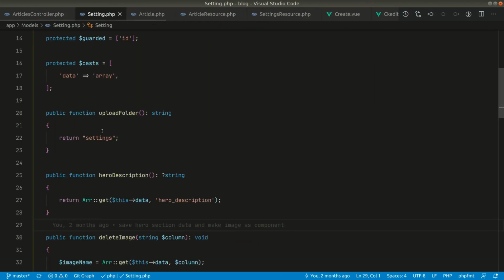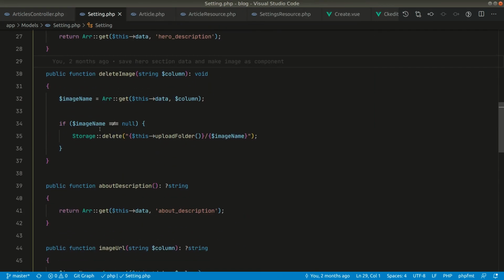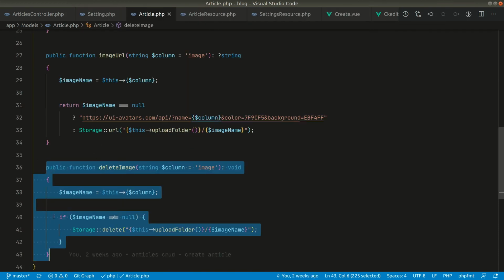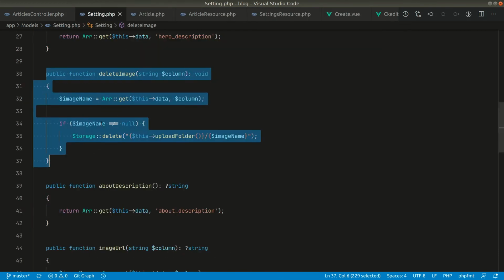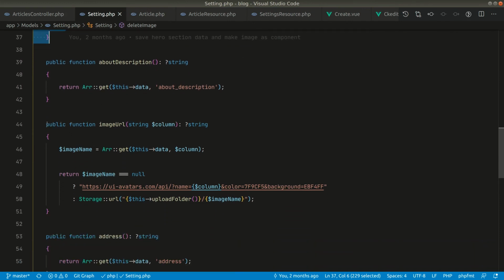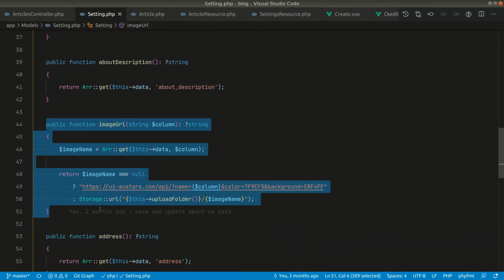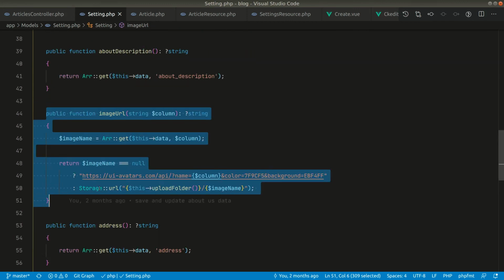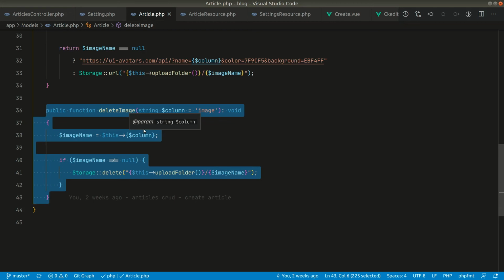So it is already here, the settings model. So here the delete image code, okay, this is being duplicated over here, and this image URL part. So if we see here, all these look similar, yeah, so the code is similar here. So the image related parts, these kind of things are being duplicated. So we just copied this from settings and pasted it in these articles, and we did our work and everything is working fine, but the code is duplicated.